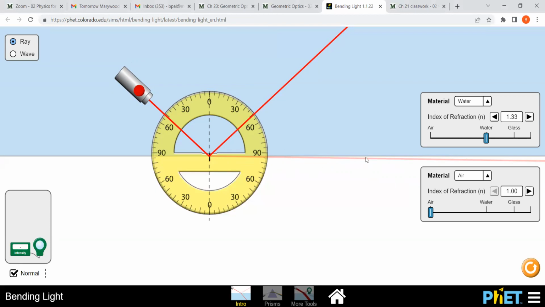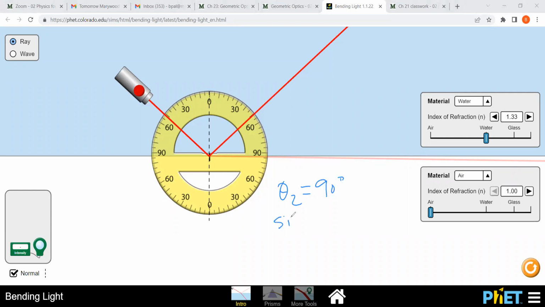So that means as you are increasing the angle of incidence, at some point the refracted ray is parallel to the surface between the two media, right? So that means at some point the angle of refraction, theta 2, is 90 degrees. If this is 90 degrees, so theta 2 is 90 degrees, right? So if theta 2 is 90 degrees